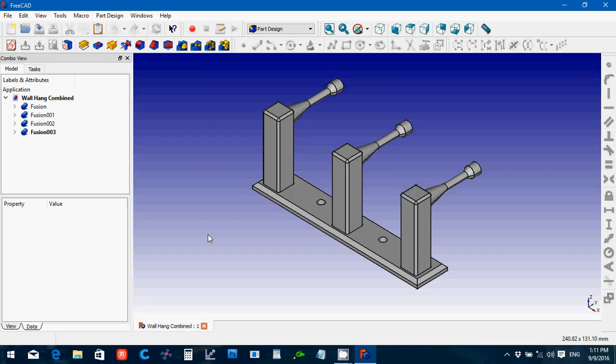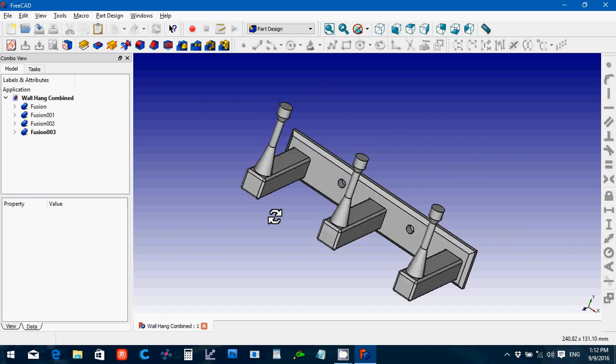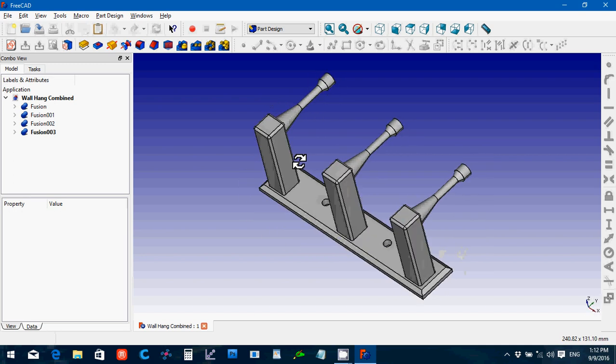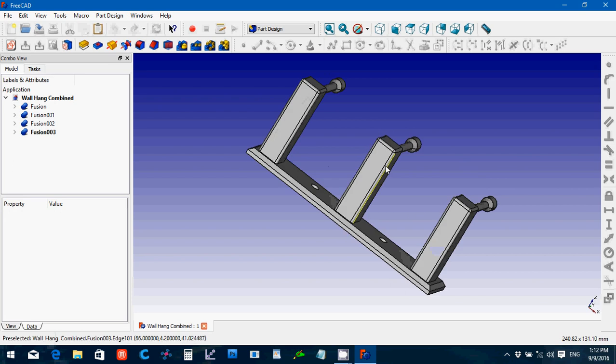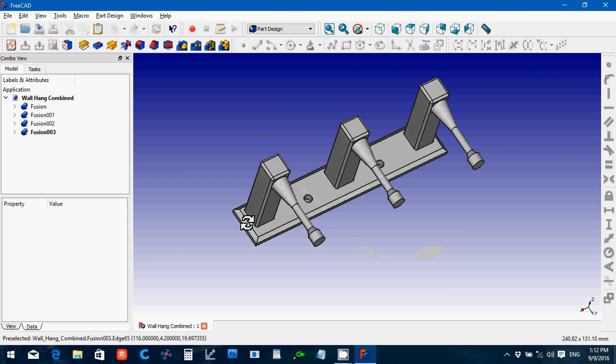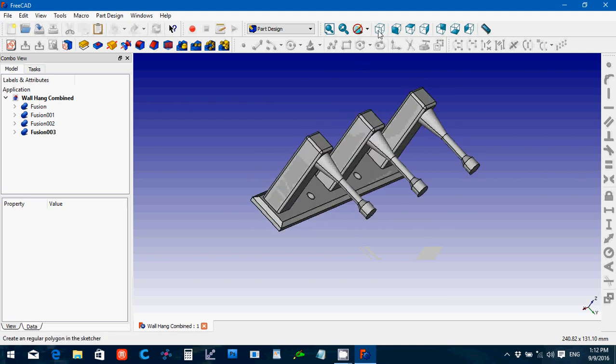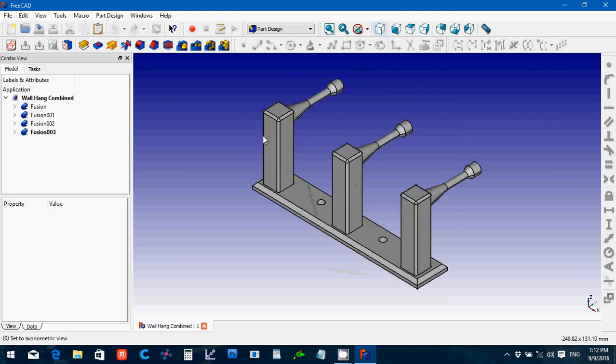Here I have basically a wall hanging fake antenna thing for if you're like a collector of antenna balls. So it's actually 4 parts: this base piece here, and then 4 pegs. So we're going to start with working on that. What we're going to do is go to the drawing workbench,